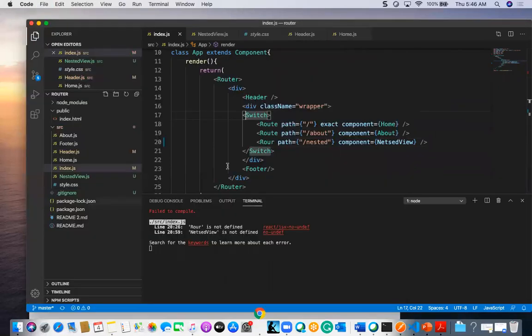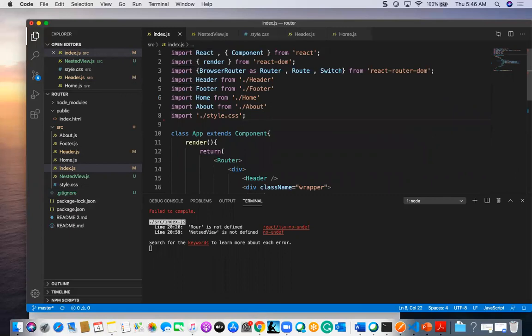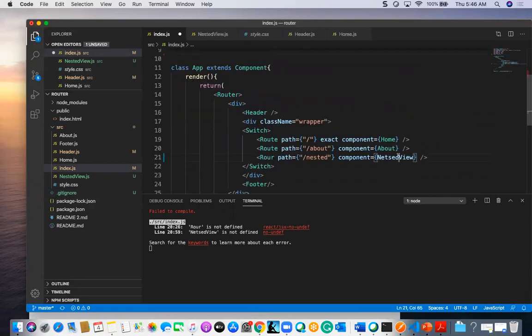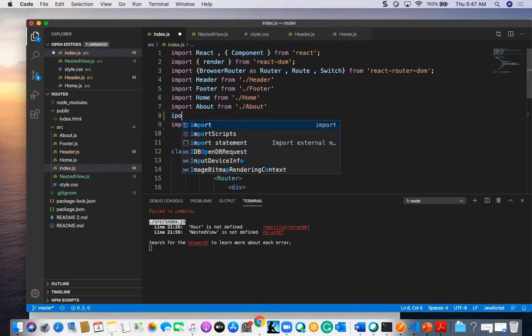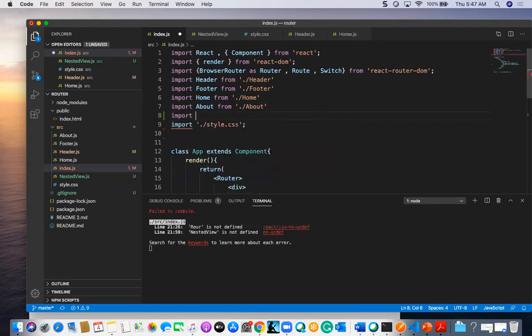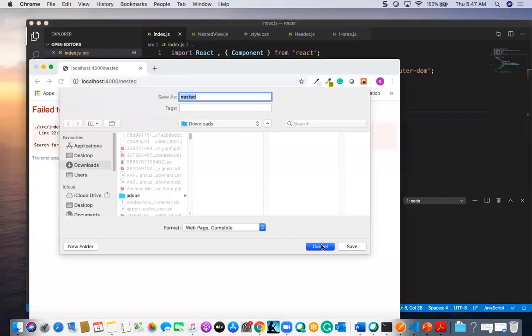Still is not defined. Okay, so we have to import the nested view. Though we are calling this component here, we have to import this nested view, right? Import it. Like how we have imported about and home, in the same way we have to import our nested view. So we are going to import nested view from the nested view file. Okay, so once I import this,